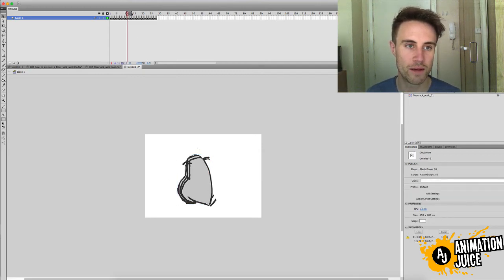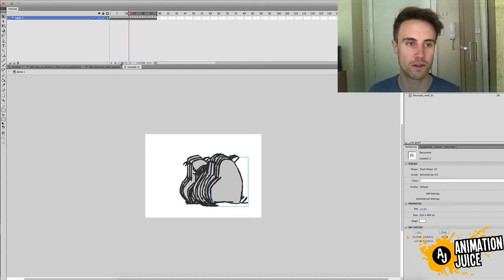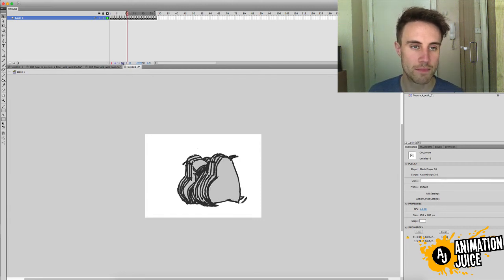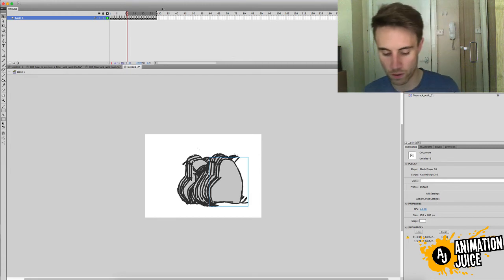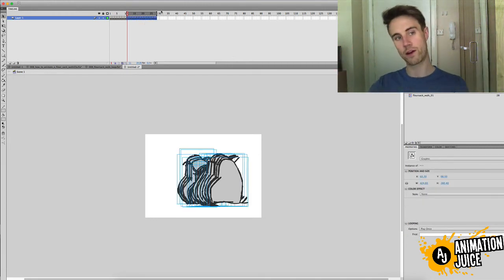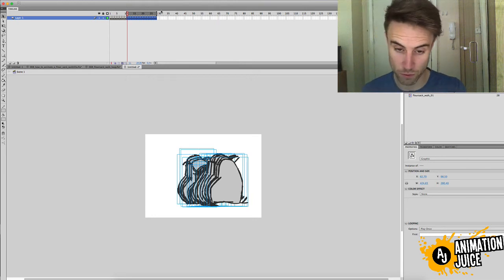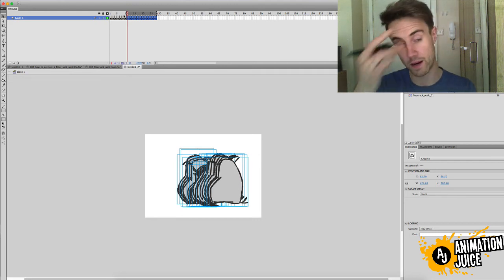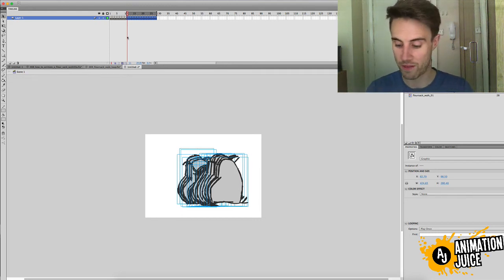Now you can grab the Edit Multiple Frames tool and shift this slot. If you turn the Edit Multiple Frames tool on, make sure your brackets are encompassing the range of frames you want to move as a group. Hit Command A a few times just to make sure that you're selecting all of the frames within the bracketed area, and then you can